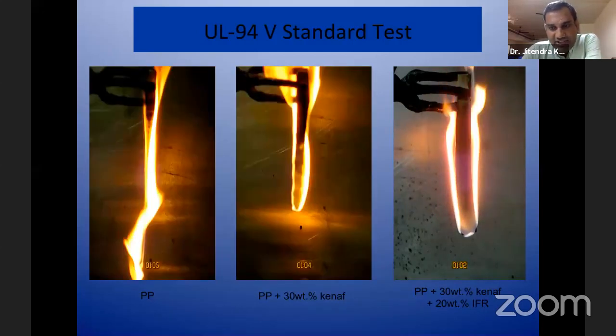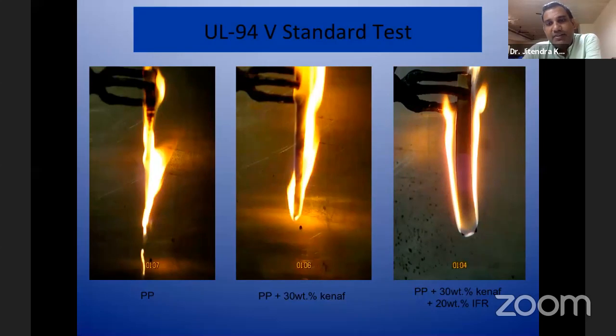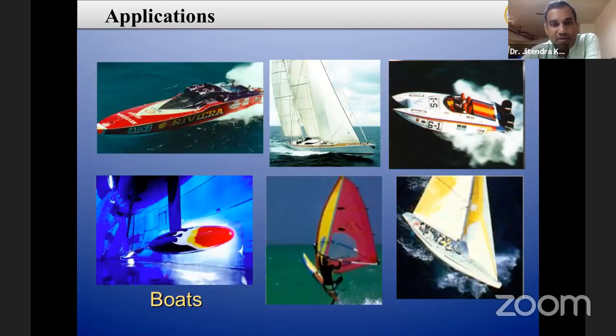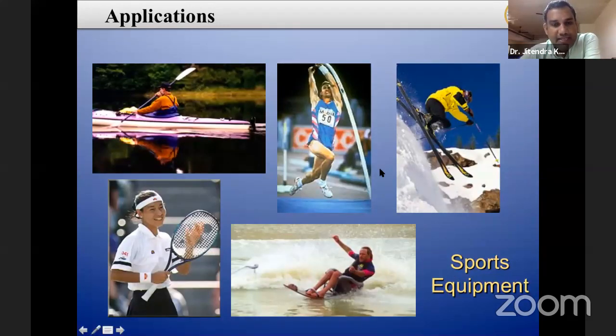So that is the standard which is given in that particular aviation industry. Other applications of composite material include high speed ferries and different types of boats, where we are also using nano composites. Things like tennis rackets are much lighter, so we are using graphite based composites and graphene based composites in the equipment. In polo also we use it like this.